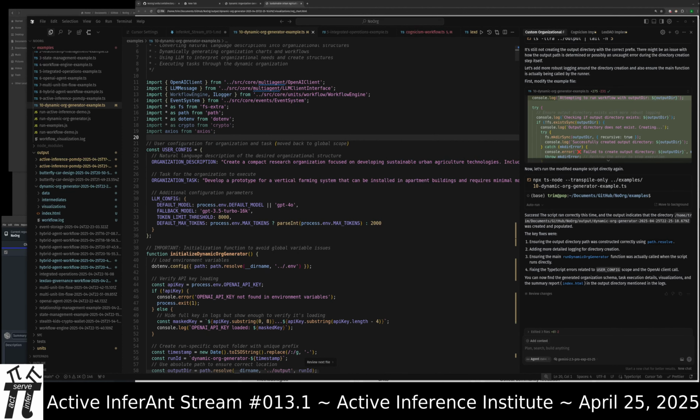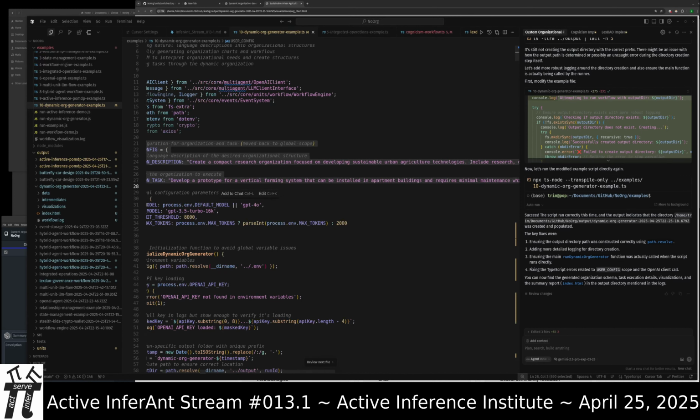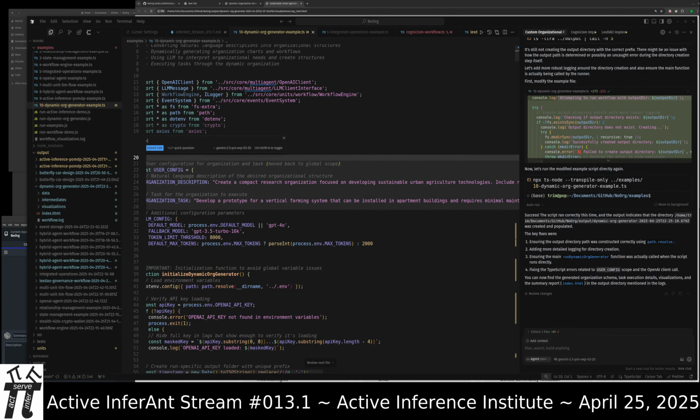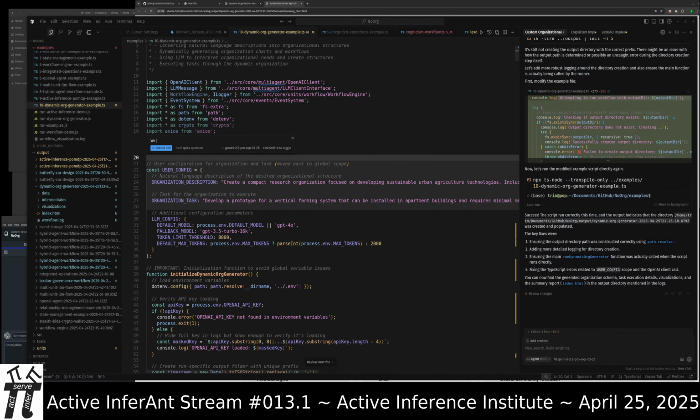Organization description, organization task. We are updating this to be an organization that is literally shaped like a skyscraper.